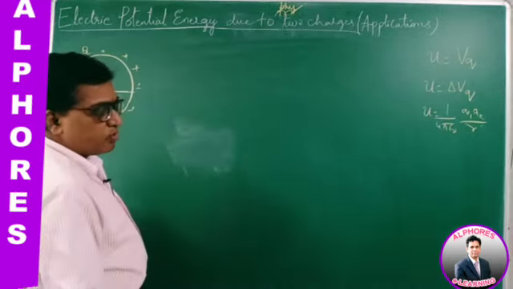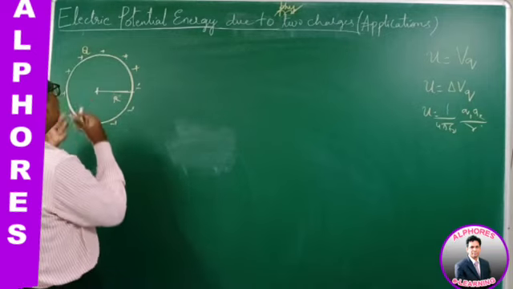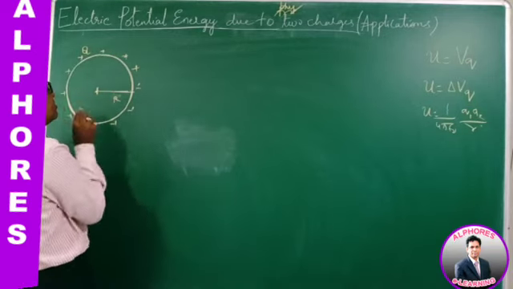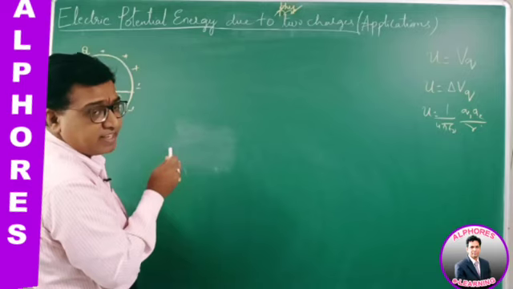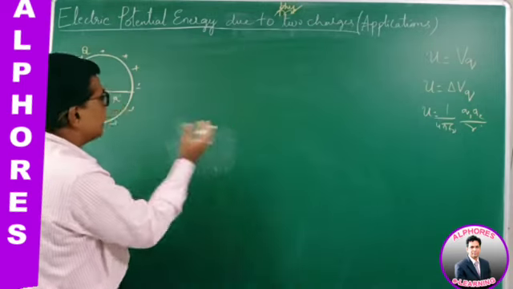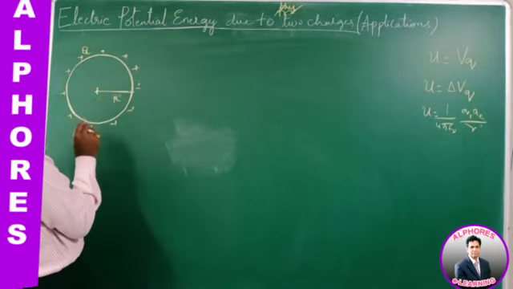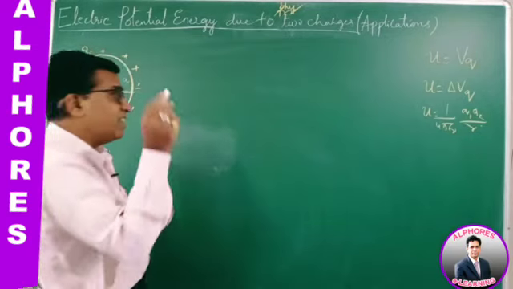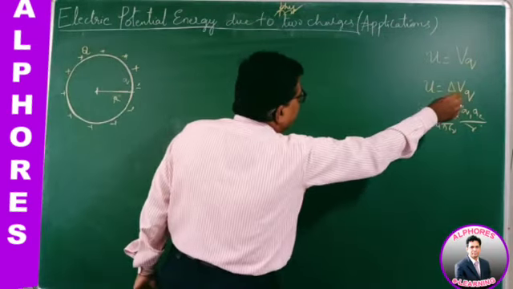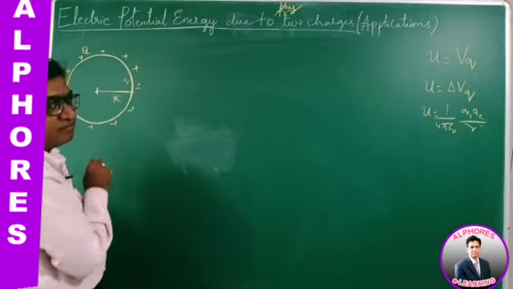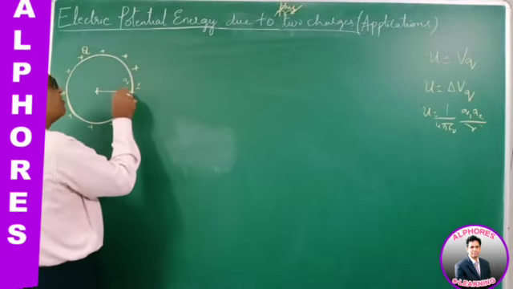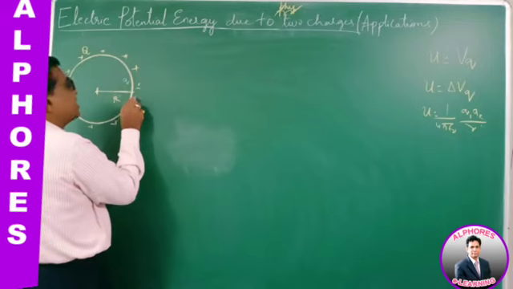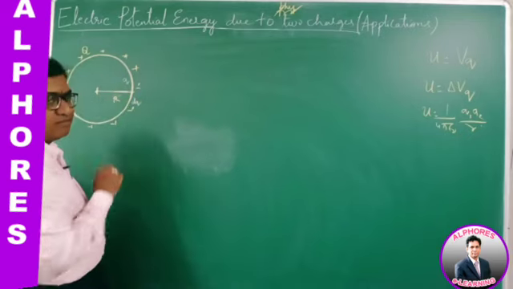Let's suppose at an instant of time, before it is completely charged, I am slowly charging it. At an instant in between, let the charge on it be small q. Now I am bringing an elementary charge from infinity to add to it. In moving the charge from infinity, an elementary charge dq is added to it.